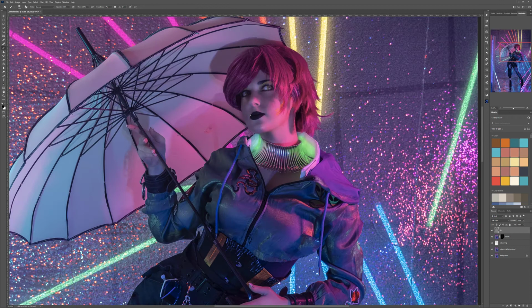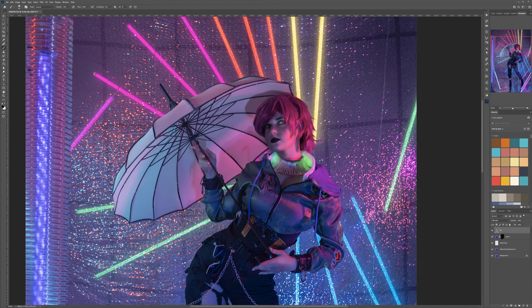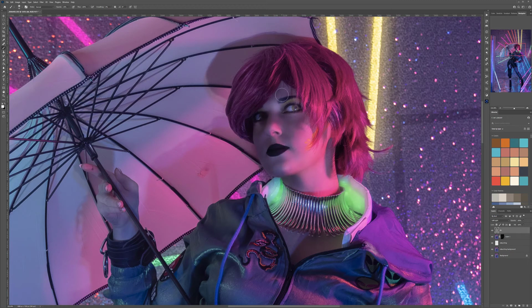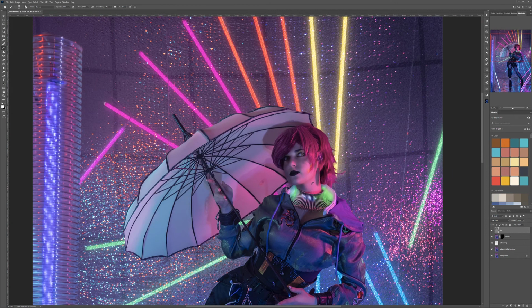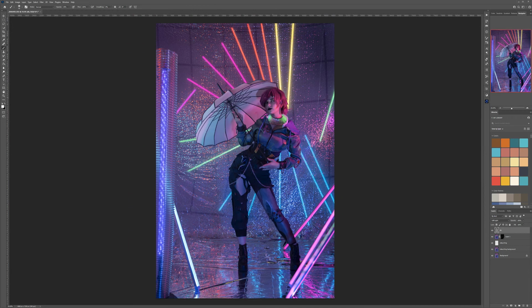You know what, I'm not sure, the face looks a little bit messy. Maybe a little bit darker, more contrast. There you go. Just touch up a little bit so the face looks a little more contrast, kind of darker, but we also have the reflection from the umbrella going. Okay,